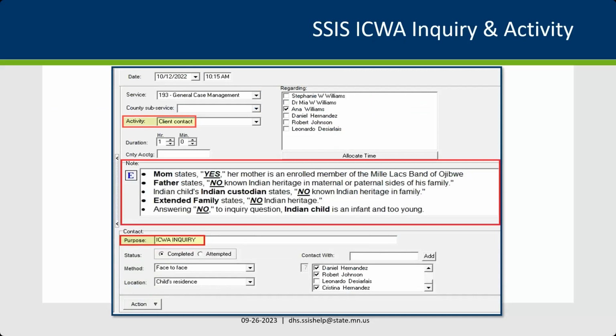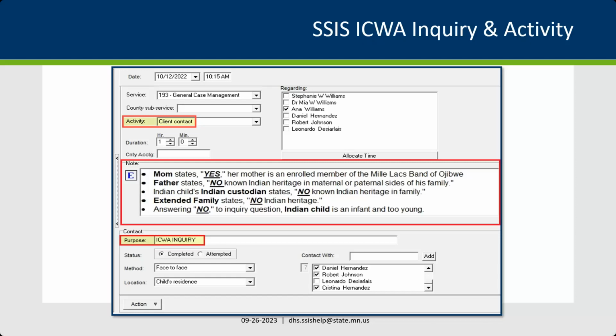So what you would do is create a separate contact activity if you weren't able to speak with everybody at one time. You would want to make sure that the date that you spoke with them is in the contact activity. It automatically enters that. And then in the notes section, you could list what was stated when you inquired, whether